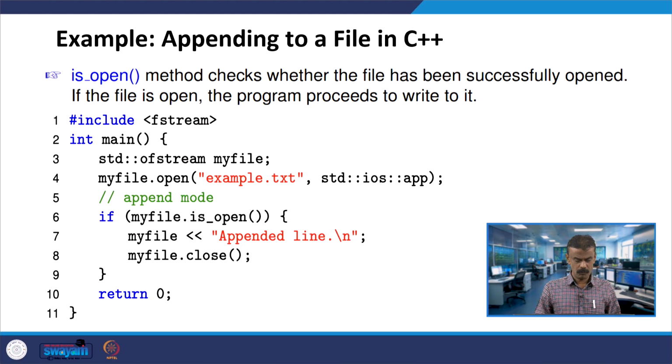In the next class, we will see how to append to a file in C++. This particular program we will see in the next class. What we have done so far, reading, writing and whether the file exists or not, right. These important programs we had seen.